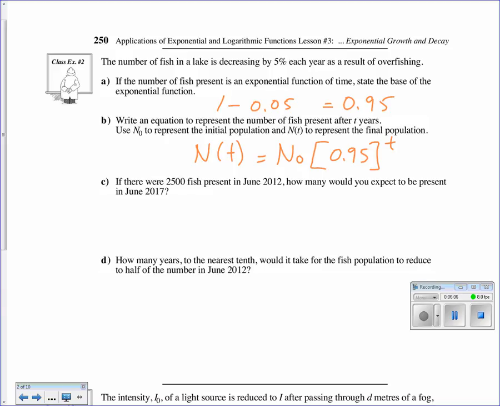So if I had 2,500 fish in 2012, how many in 2017? Well, my t is 5. I have 5 years to lose fish. So that's going to be 2,500 times 0.95